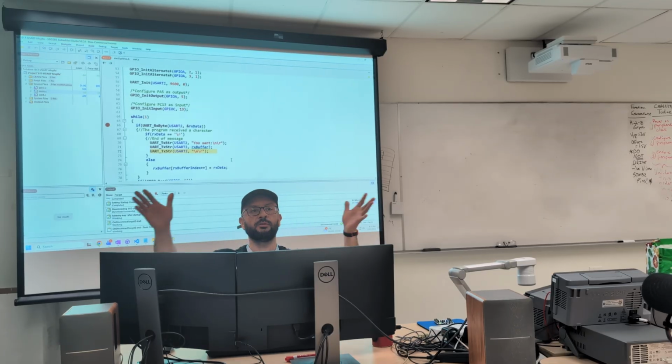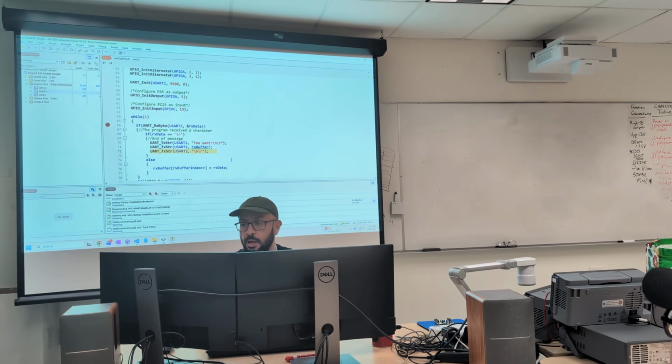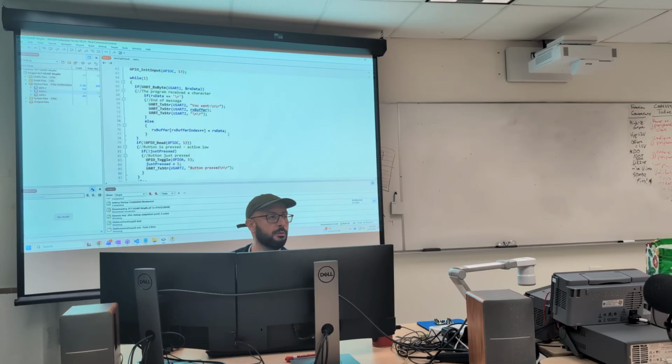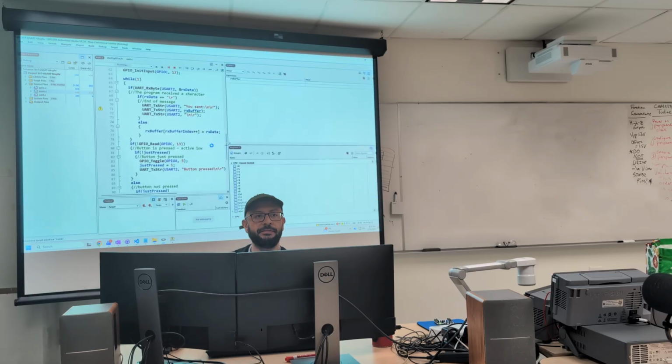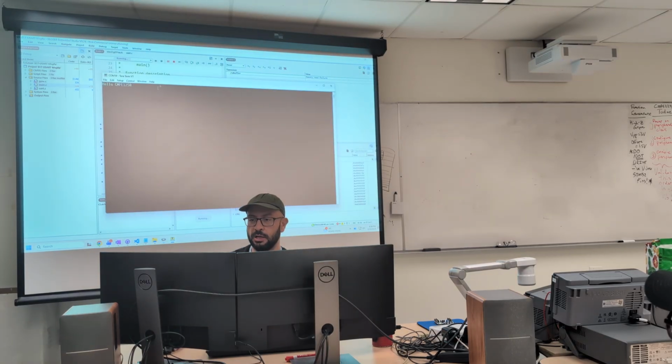So it won't print the 64 bytes, it will print just the ones that have values different than 0, right? So basically it will print the string. And let's give it a try now. Are we following up to this point? So we're buffering what we're receiving. Well, raise your hand if something is not clear.